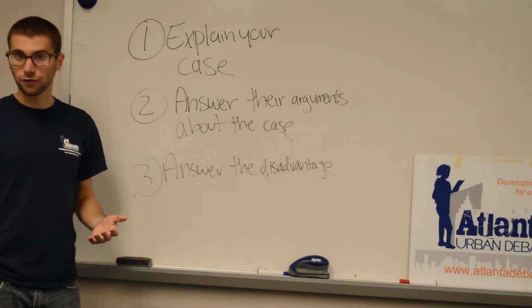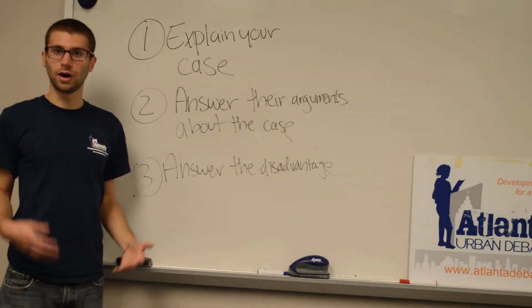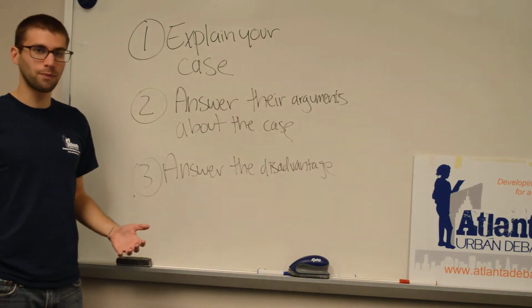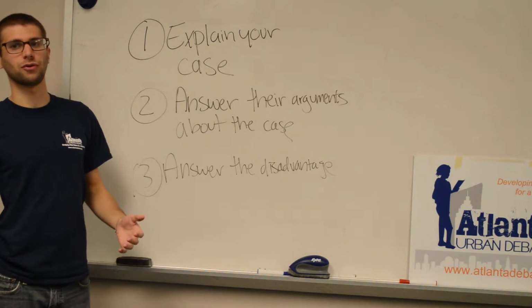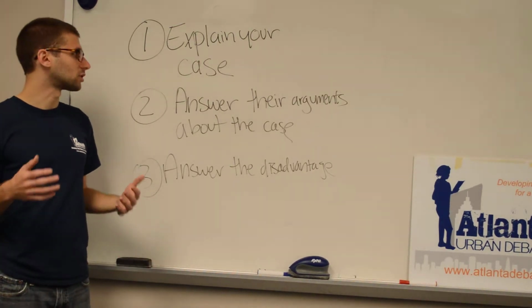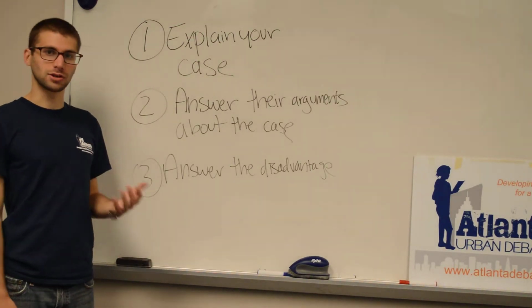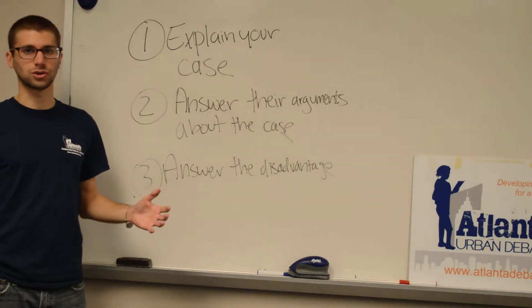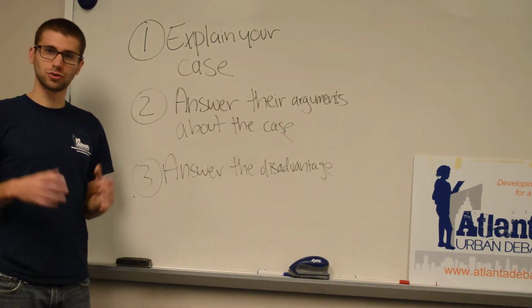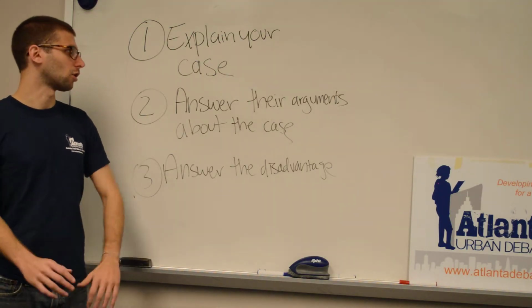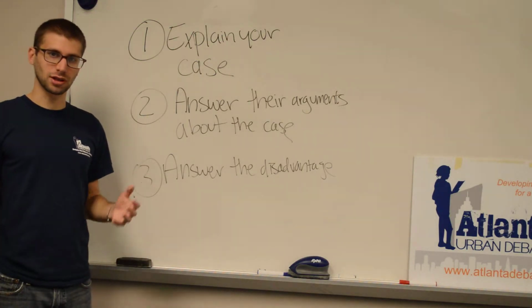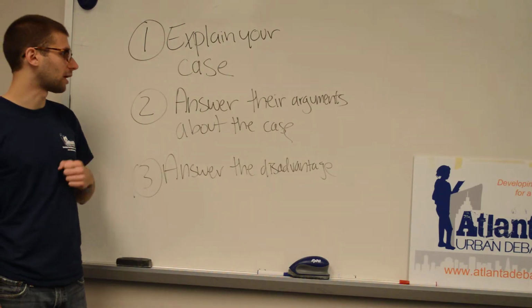So with the offshore wind affirmative, this might look something like, right now global warming is a really serious problem. It's going to cause millions of climate refugees. It's going to cause all sorts of natural disasters. Offshore wind is the best way to solve this because we have a ton of offshore wind resources off the Atlantic. Those resources don't produce any carbon dioxide, which means they would be able to totally solve global warming. So that kind of couple sentence explanation gives you a sense of why the plan is a good idea.